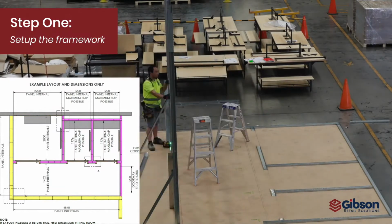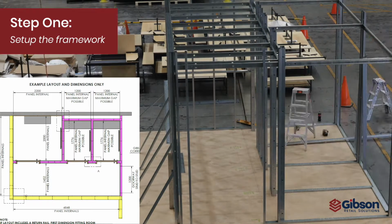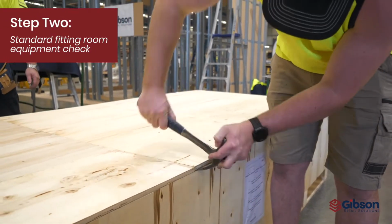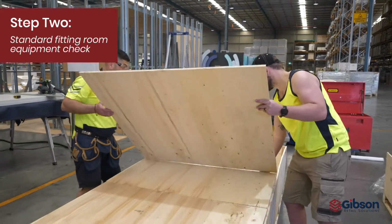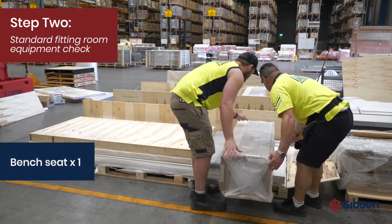Refer to the standard layout drawing and set out your walls for the fitting rooms to the dimensions as per the drawing. Unpack and check all of the equipment as per the list attached. Each fitting room is shipped in its own crate, which includes a bench seat,